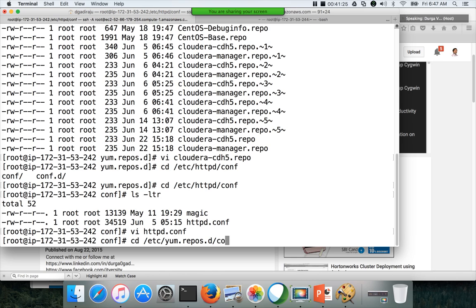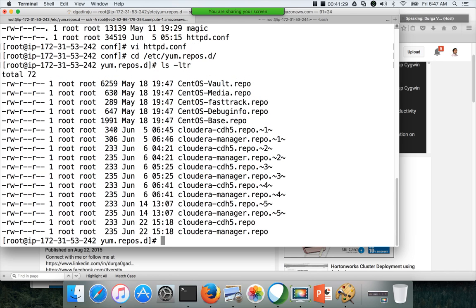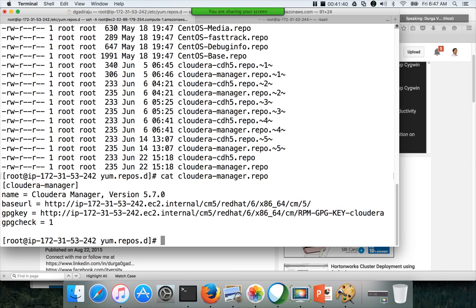etc/yum.repos.d. This is the location for the repository configuration files, and here if you cat one of the files, let's say cloudera-manager.repo, and hit enter, you see HTTP and then a directory structure. And also, if you see